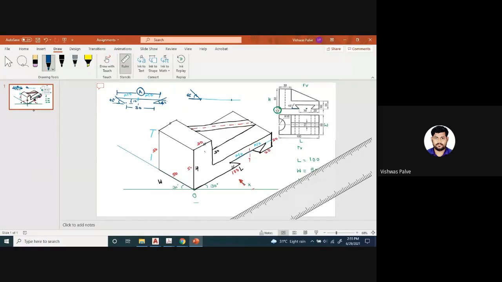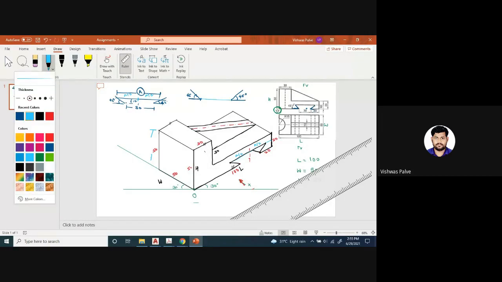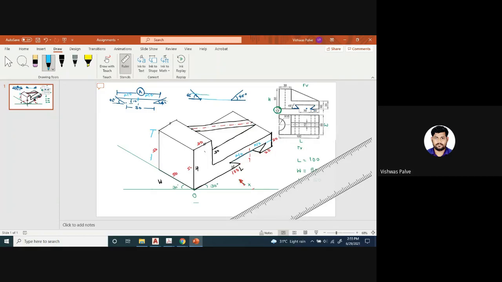So I'll take 30 millimeter. From there also I'll draw an inclined line whose inclination is how much? 45 degree. Okay, I'll continue with this line. Means what I have drawn now, these two edges I have drawn. Then after that you have to set your scale parallel to this line and draw a 10 millimeter parallel line. Can you draw 10 millimeter parallel line wherever it intersects?